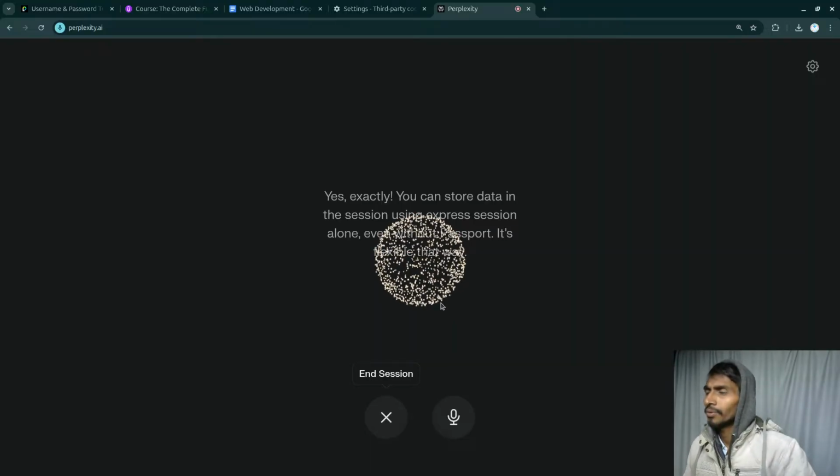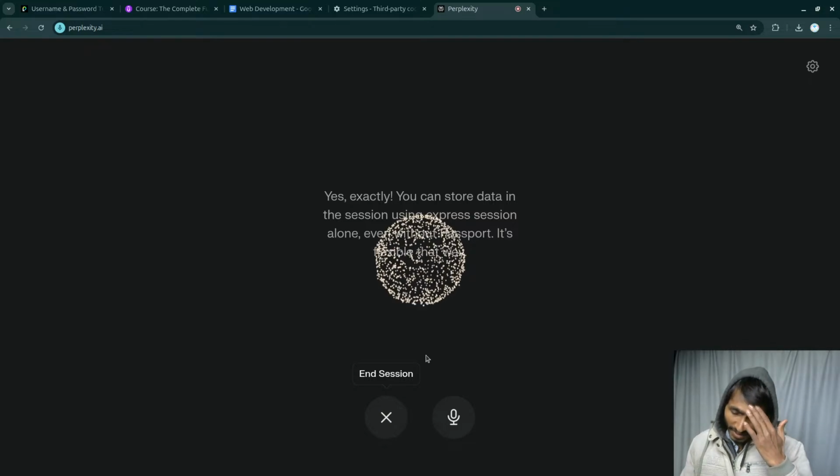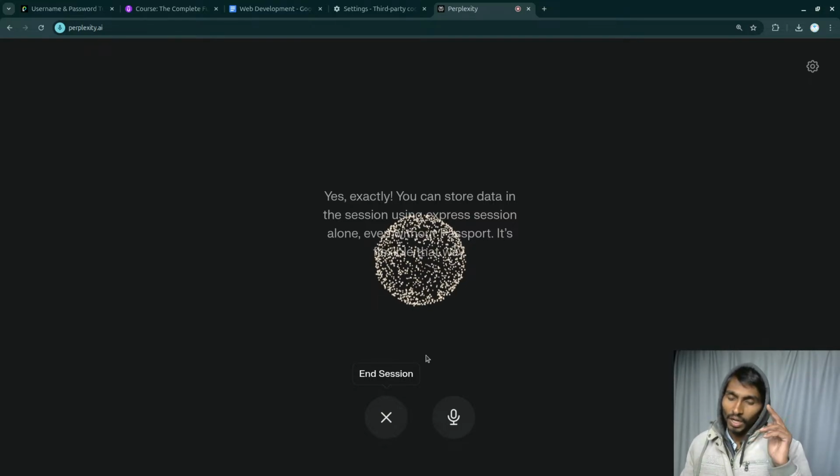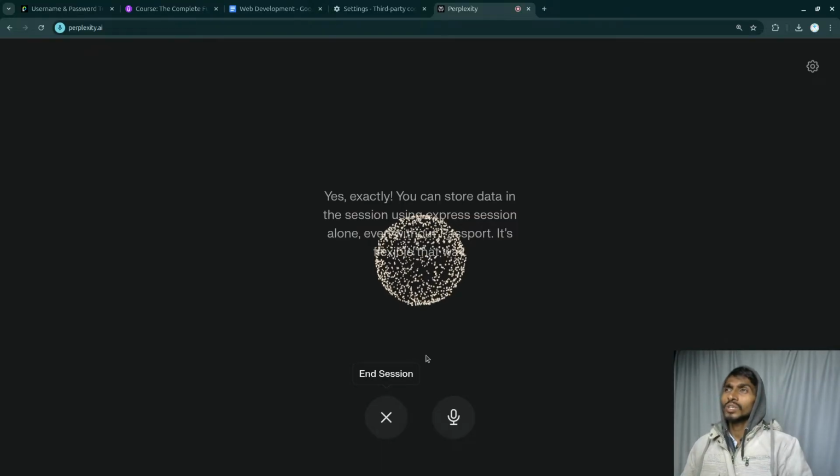Well, good to know that. First of all, I will go with Passport, and then let's see what's gonna happen. But good to know that we can save the cookies on the client side directly, but we will not be able to authenticate the user. And for that, we use express session so that we can easily get the state of the user, whether the user is logged in or not, right?